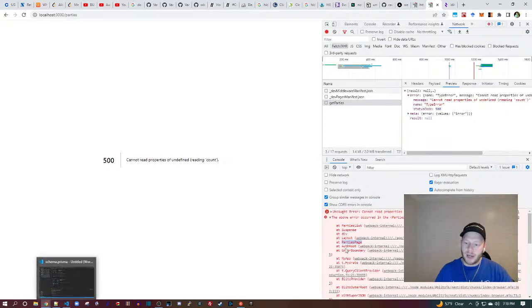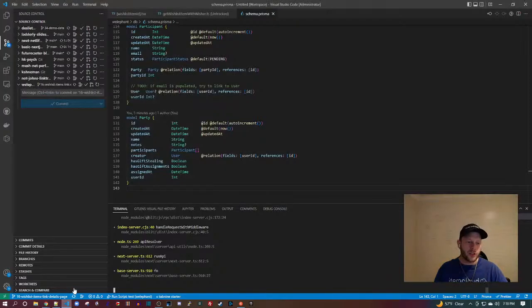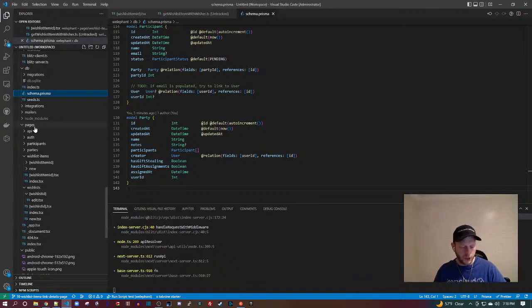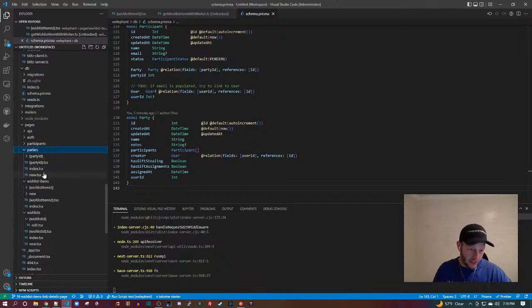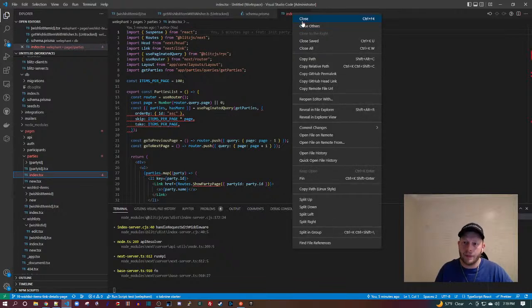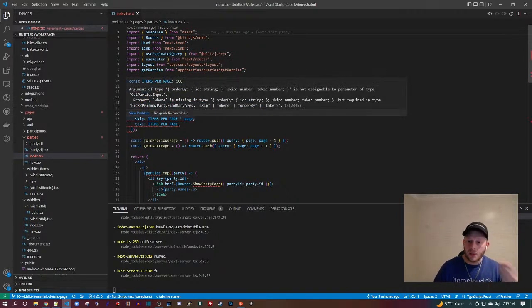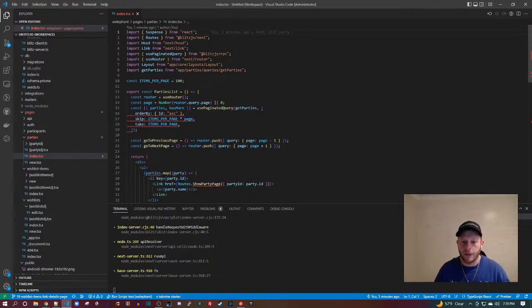Okay, and by the way, the parties page is again going to be its own page. It's going to be its own file. So there's a couple places I know that I can check. So let's go check pages/parties, and I'll go over here to the index. Okay, so this is like the main parties page. When it says index, it means the one that goes at literally /parties, as opposed to a particular party page, which would be like /parties/5, as an example. That would be a specific party. And we can see on the page in front of us, I'm getting some errors. And so these are probably the errors we're dealing with.